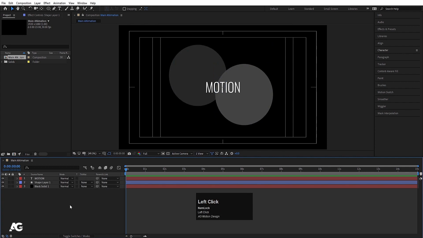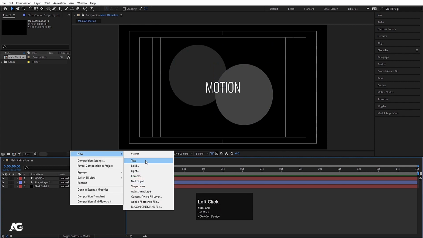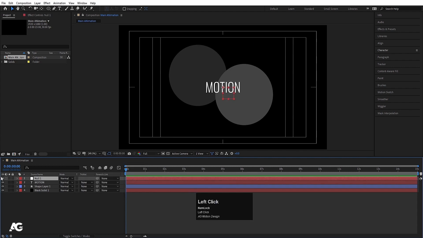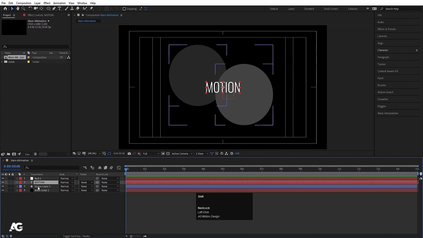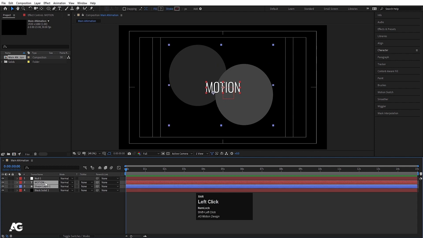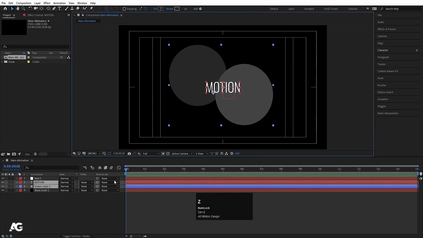That's it. And now I'll right click, go to New, and choose this null object. So a null object is simply a null object. You can see it in the viewport, but in our final output it will not show. So what is the use of a null object? This is basically for parenting. Like suppose I select these two layers and I want to move them somewhere else. So instead of moving them like this, what we can do,